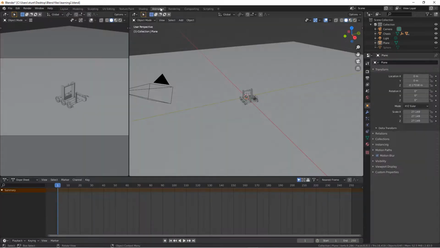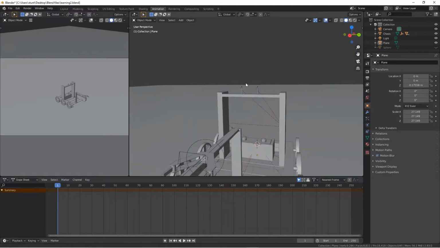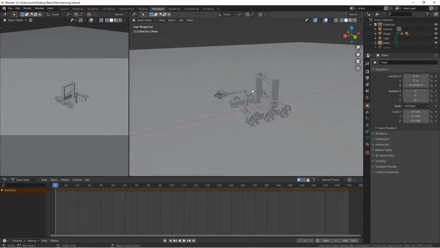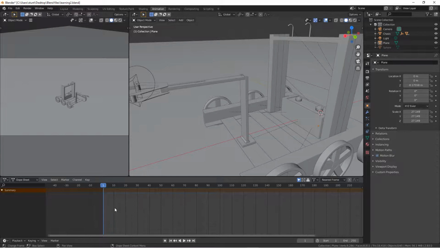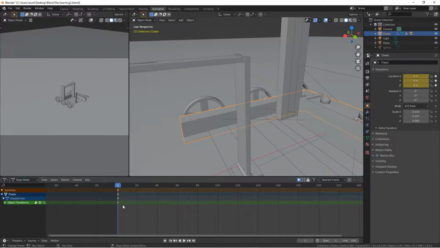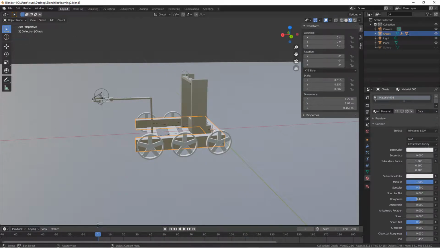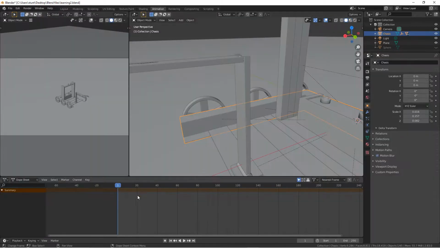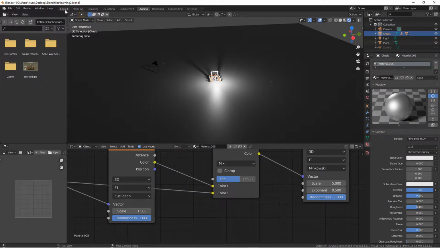So go ahead to this tab and press animation. And basically what this is going to do is it gives you this right here. This is where you can add in some of your keyframes. Forgot what they were called. But what we're going to do is actually use this, and I'm not actually smart enough to figure out how to get this here. So I'm actually going to go ahead and delete the animation tab,